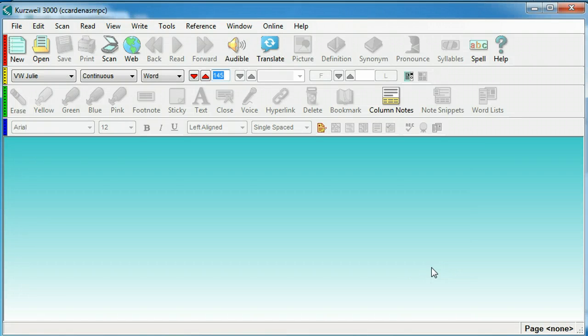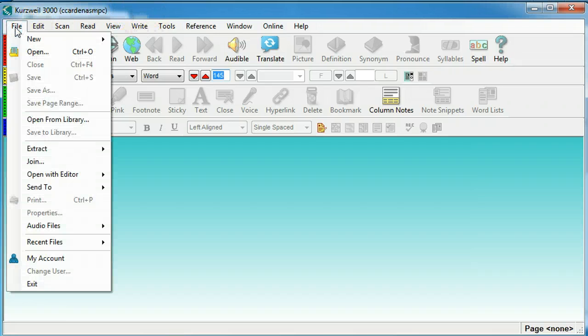Okay, this is a short tutorial discussing the use of the Universal Library. I've logged in as a student that I have registered, that I have signed up, and let's see what he sees. When he goes to File, he can do the normal open, close, save as,